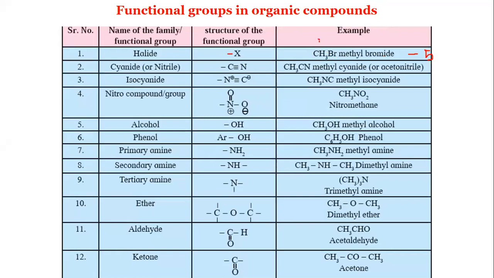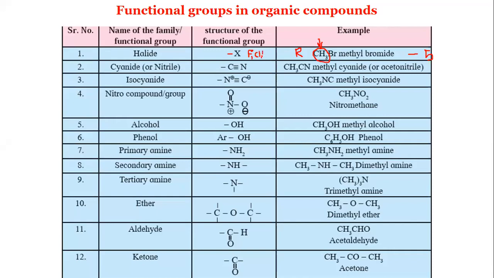Instead of this CH3, we can take C2H5. Any alkyl group you can take. So what is an alkyl group? I have explained. This CH3 is called R, alkyl group. We can take methyl, ethyl, propyl, butyl, pentyl, hexyl, octyl, nonyl. Also, these X are halogens, means X will be fluorine, then chlorine,